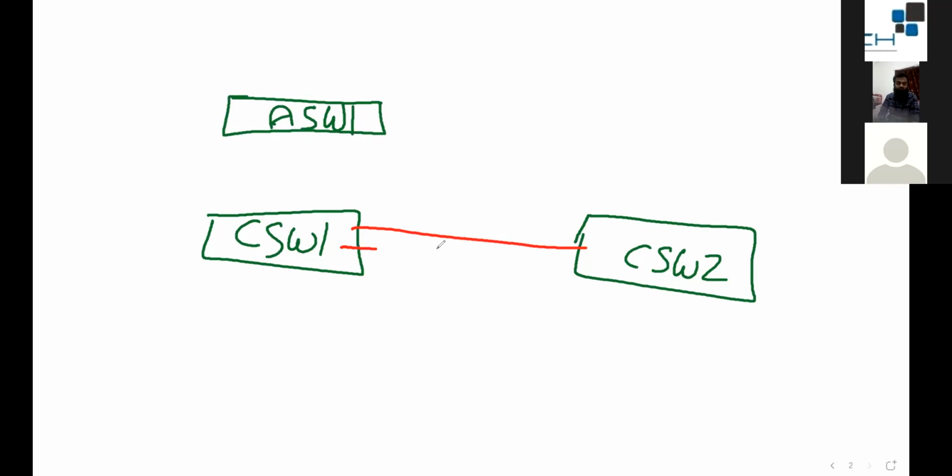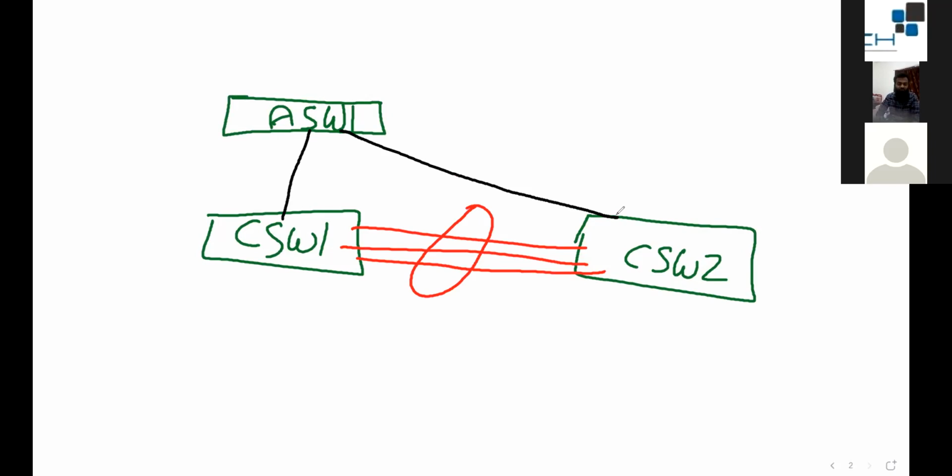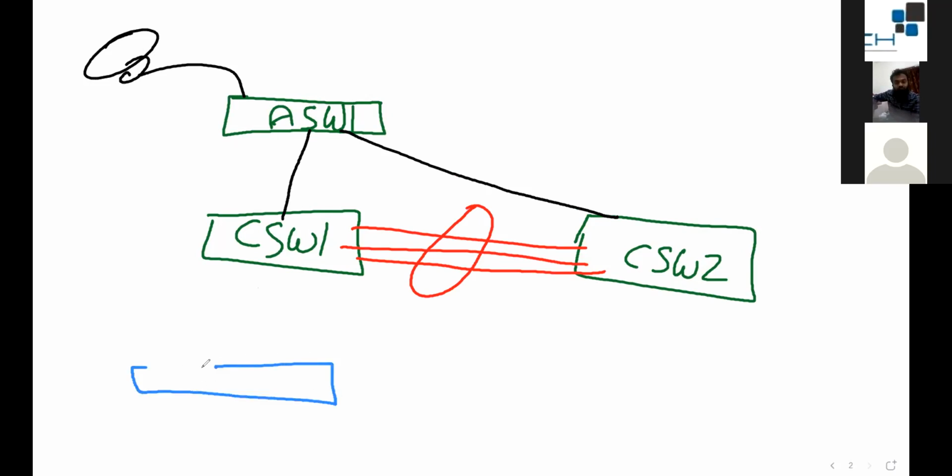Core switch 1 and 2 are stacked, and the core switch will connect with two links. You have a camera connected to your access switch, and you have a server here. This is your recording server. The recording server will also have two links.